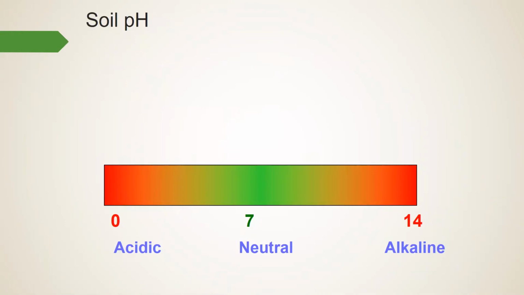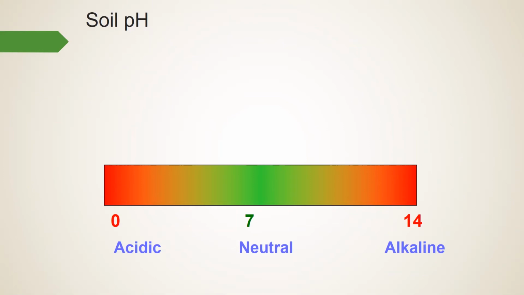Something to note about pH is that it's a logarithmic scale. What that means is that each whole pH value below 7 is 10 times more acidic than the next higher value. To put that into an example, an acidic pH of 4 is 10 times more acidic than a pH of 5, and 100 times more acidic than a pH of 6. So every time you go up, you multiply by 10. What this means is that it's much harder to lower pH than it is to raise pH.